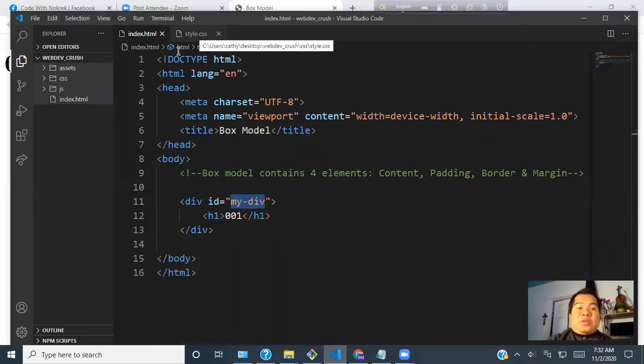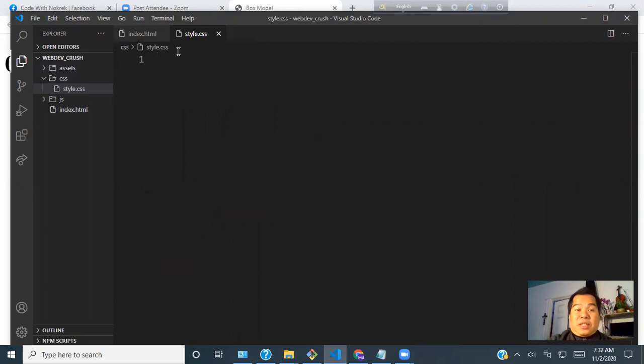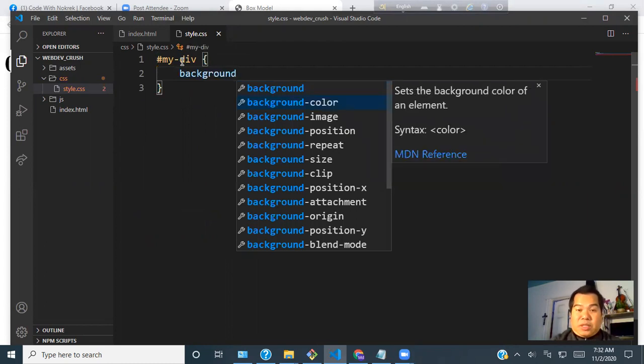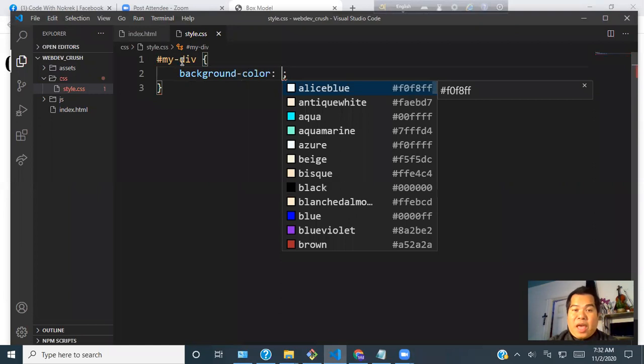Okay, go to styles, style.css, and an ID is always defined by hashtag, and this is my ID. Take my div as a CSS selector, and I say